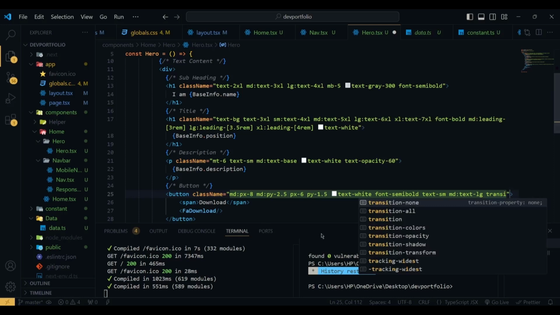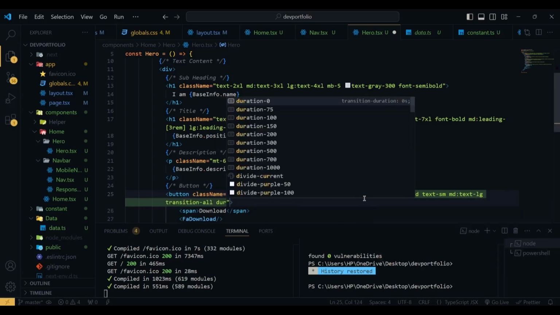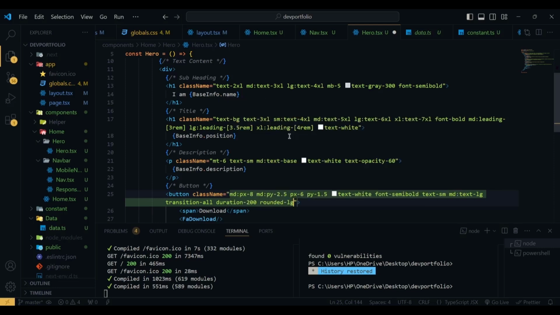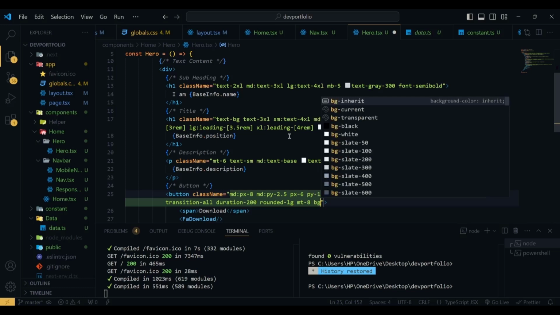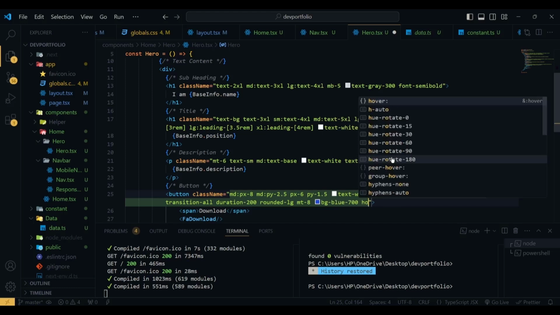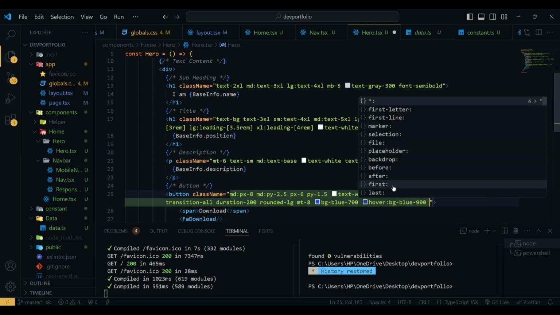We're going to use a transition of all, and duration will be 200 millisecond, and then rounded will be LG, in margin top it will be 8, and background will be blue 700, and in hover background will be blue 900, and this one will be flex, items will be center,